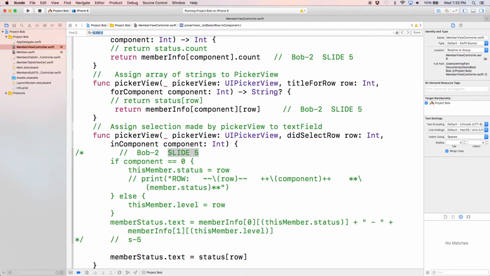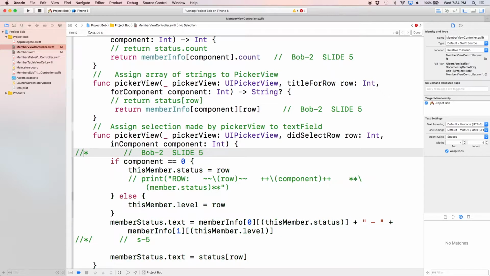And we do this with this if statement. If the component is 0, then we're in the first cylinder, which tracks status. And if it's not 0, there's only one other one, it's tracking level. We capture the row number that's been selected,